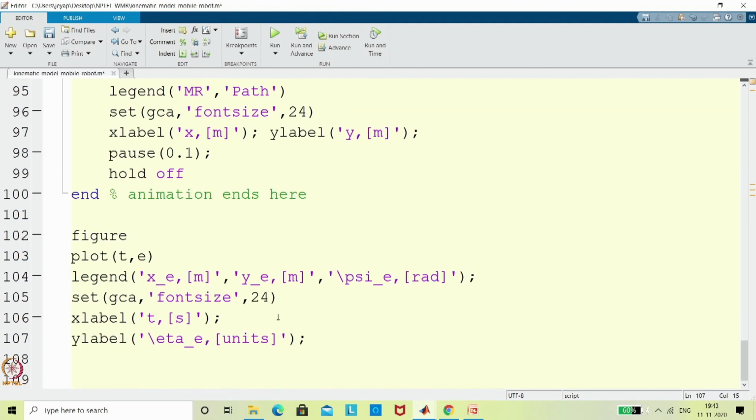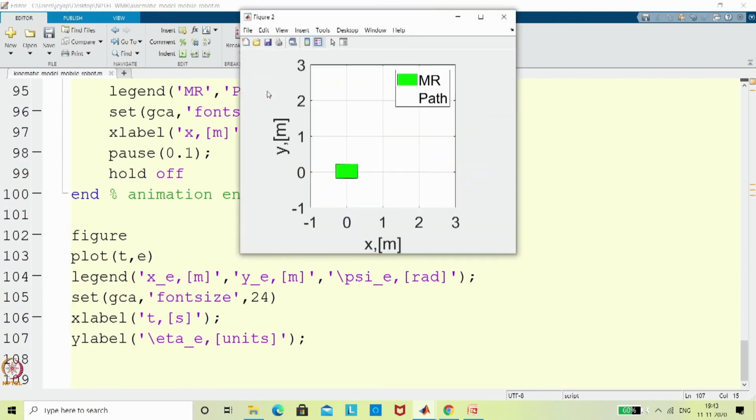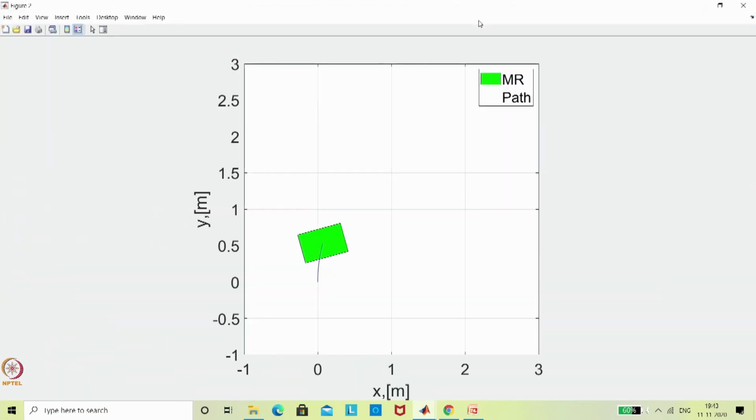Now if I run this, what I will get finally after the simulation, or you can say animation, is the error value. So we can see that. Now I am just rerunning, but you can play this particular code in a number of ways. What we have done here is the last code, the same code, but without adding this.